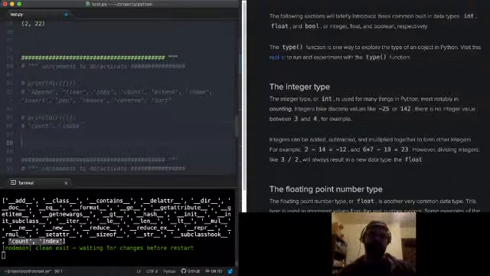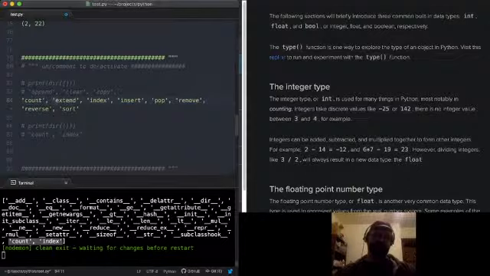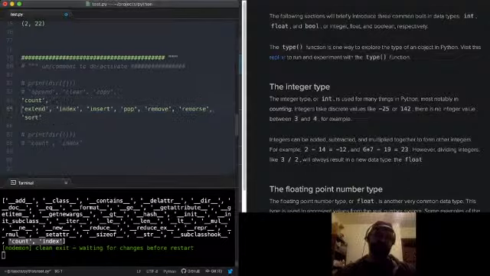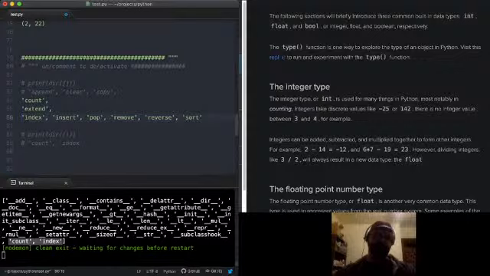So let's find them. All of the methods that lists have that tuples do not have mutate the list. All of them, right? So let's see, we've got count here. Let's get rid of that one. And we've got index here. So there's count and index.